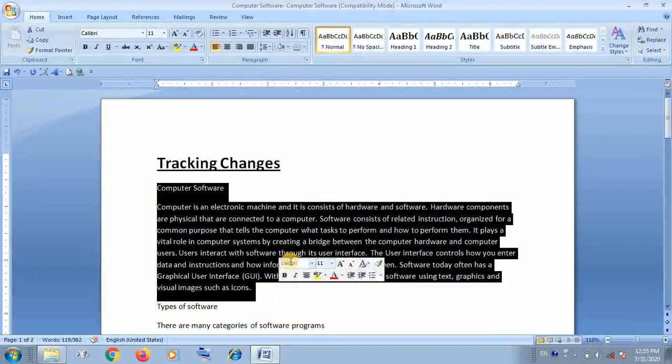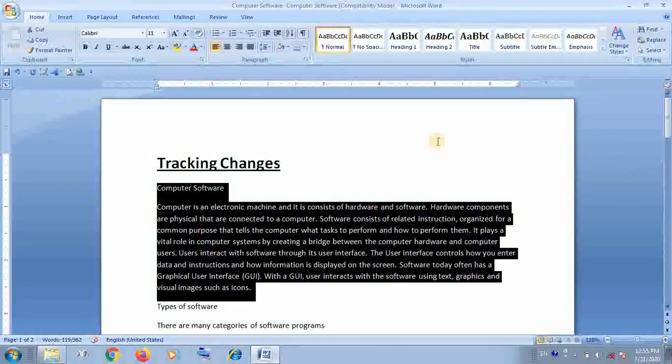If you apply the track changes feature, then you can know which user has made changes, and on which date and time also it will display.